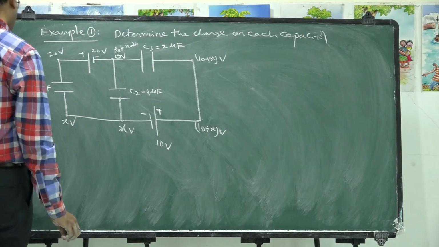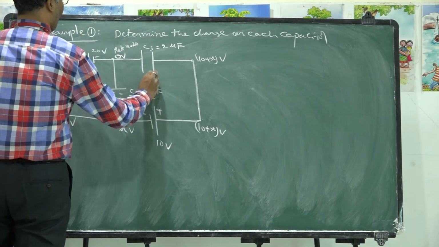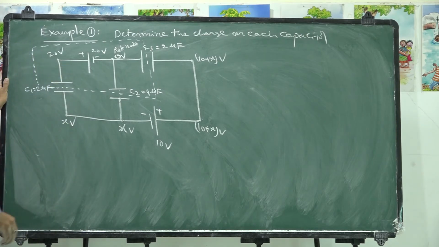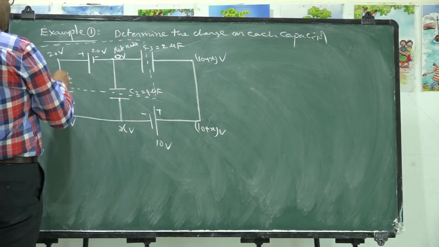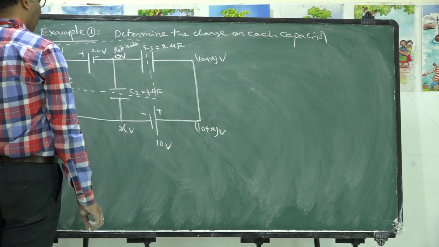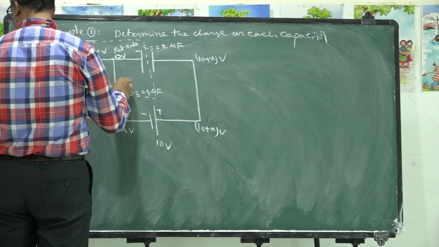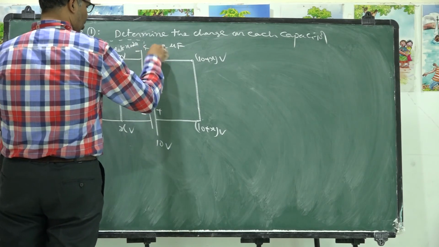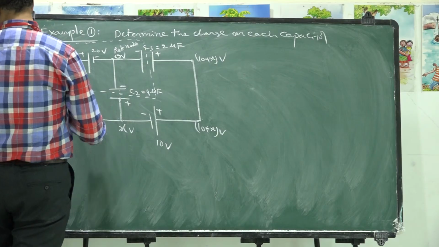Later I should identify the isolated system. Let me take an isolated system like this. The dotted lines indicate the isolated system. And we should assign the potentials. So obviously as it is connected to positive, it is positive, it is negative. Here it is connected to the negative terminal of the battery, so you will find negative here, negative here, positive here, and as it is negative, it is positive. Like that you can assign the signs of charges on different plates.